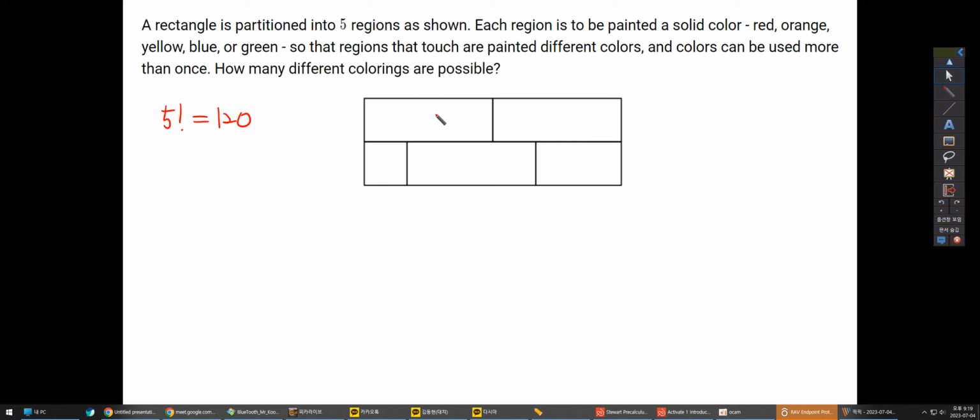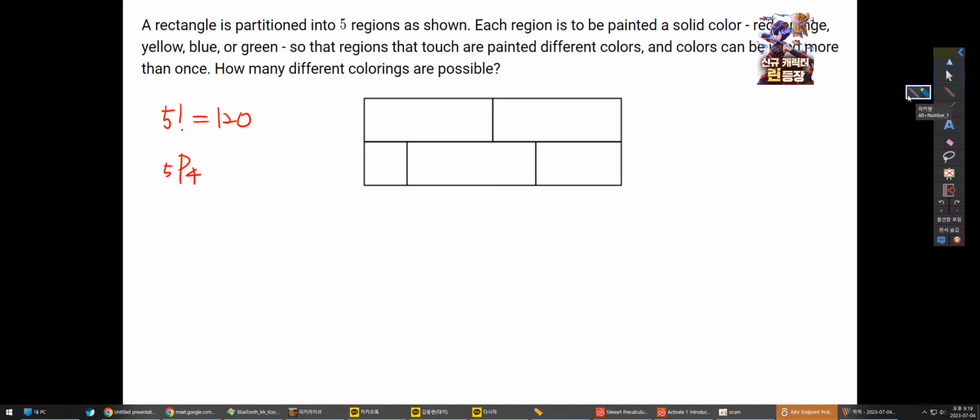So if we use color A here, we may be able to use color A here because they don't touch each other. That's one case. After picking 4 colors, the arrangement is a permutation, not a combination, and that's also equal to 120. So this is one case, not touching each other,